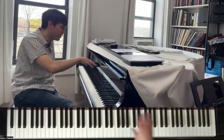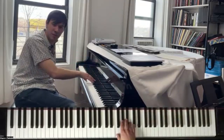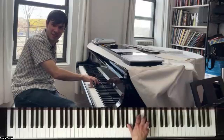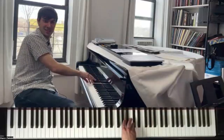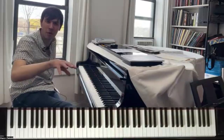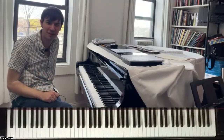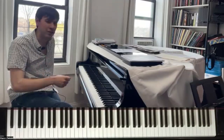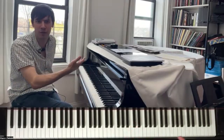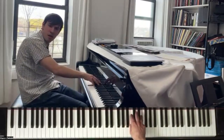Something like that. You notice when both hands, yeah, Umi, you're right. When both hands move, or when both fingers move at the same time, anytime both fingers move at the same time, I feel it too. It's a little bit of a leap of faith. But that's a good thing. And you can see when I played it that time, I was moving quickly, but I wasn't using the pedal. You hear what it sounds like when you're not using the pedal. But if I did that with the pedal, a little slower,